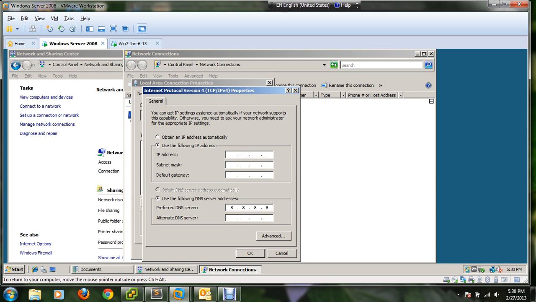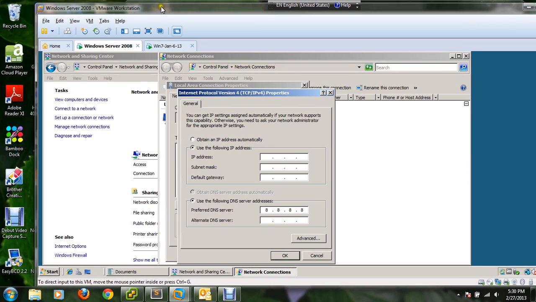Just click this option. So for your IP address, you have to take a look at the